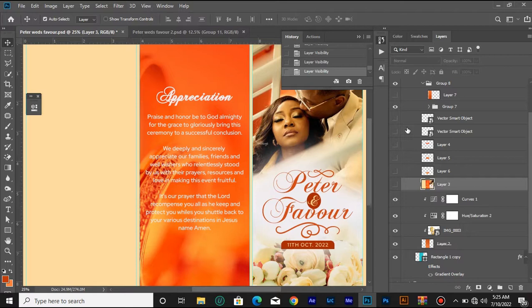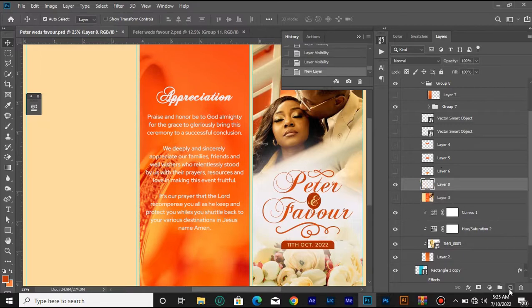So what I did was create a new layer, and I did a stamp visible, Ctrl+Shift+Alt+E, to screenshot what I'm having here. Then I used my selection tool to select